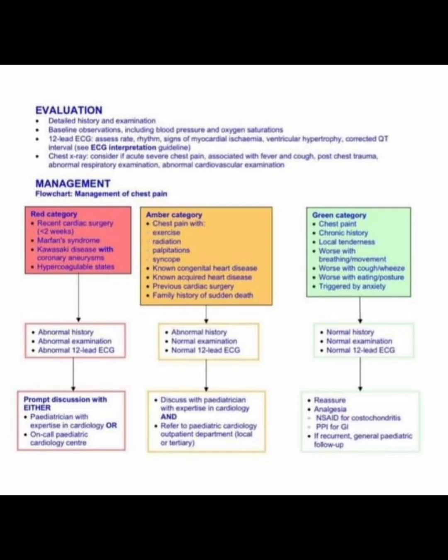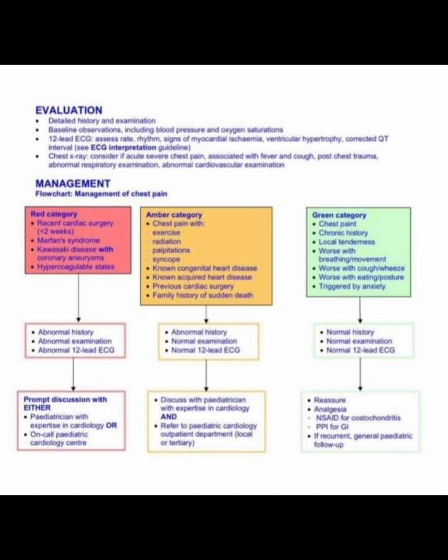After taking the history, evaluation of the chest pain history. Detailed history and examinations, baseline observations including blood pressure and oxygen saturations, 12-lead ECG, assess the rate, rhythm, signs of myocardial ischemia, ventricular hypertrophy, corrected QT interval, see the ECG interpretation guideline. Chest X-ray, consider if acute severe chest pain associated with fever and cough, post-chest trauma, abnormal respiratory examination, abnormal